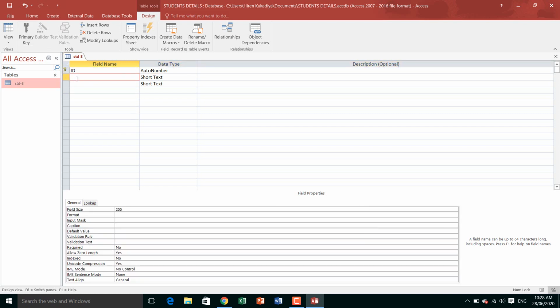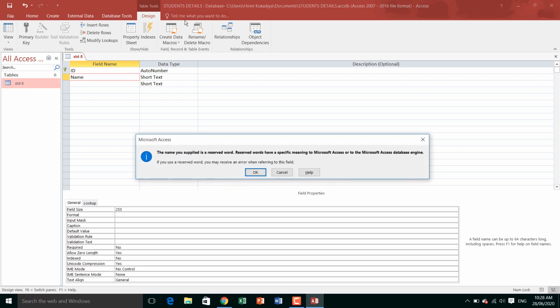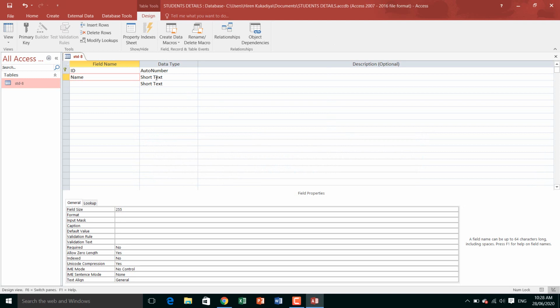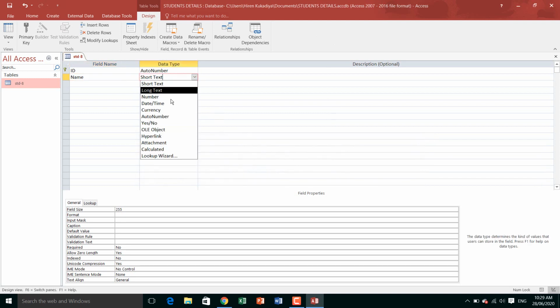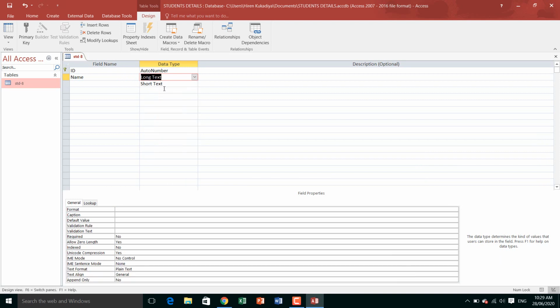Here first we will give the name of the field. Suppose Name. Here are the data types: text, number, date. Name means characters, so here we will take long text. Second is Address, so again long text.